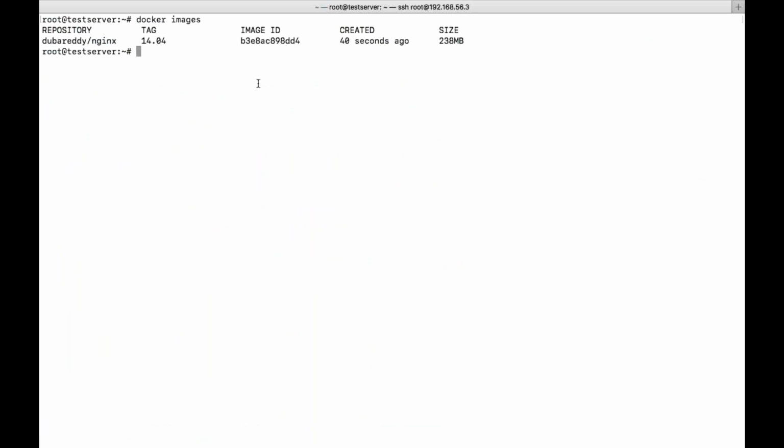Okay, let's see. So docker run -dti. I'll give my name whatever I want. Let's say my test server, nginx server. Okay, I can give whatever host name I want.